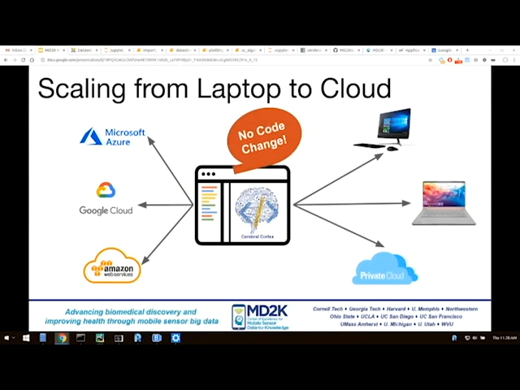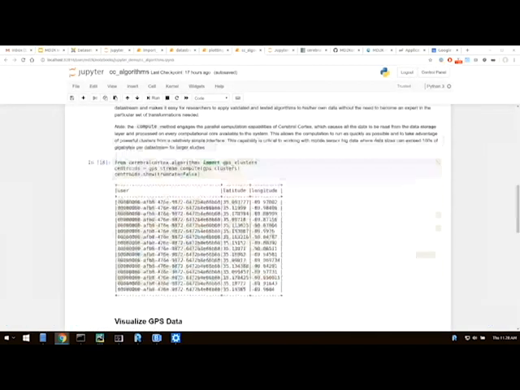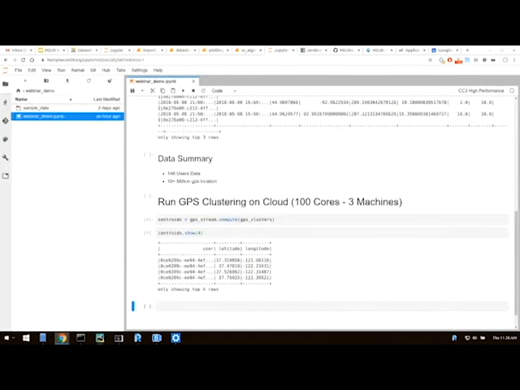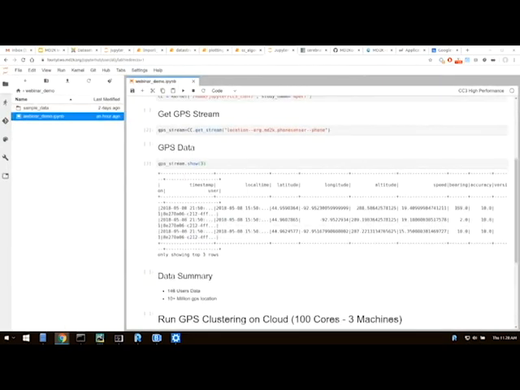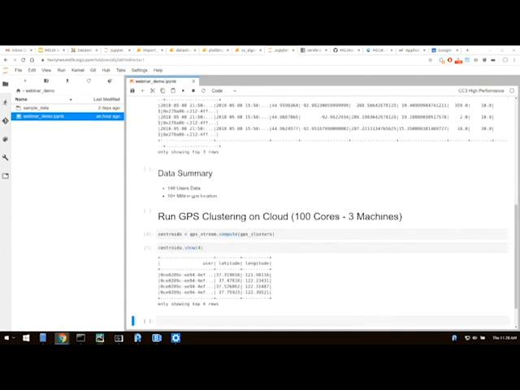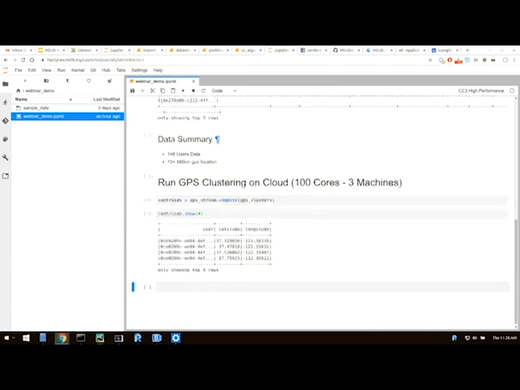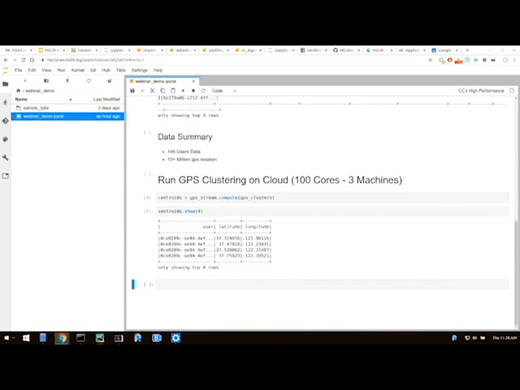So I'll show you the same example. I showed you I was running here on my local machine computing GPS clusters. Now I'll move to our MD2K cloud. So I have the same code where I have 46 participants' data, 10 million GPS locations. And if I want to use 100 cores on 3 machines, as you can see,